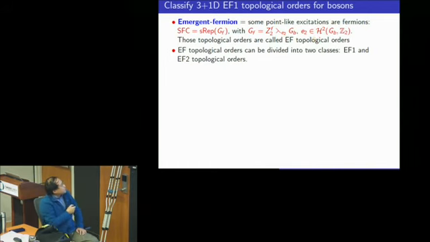Okay. So are these fermions genuine fermions or not? No, they are bosonic. The topological order is a bosonic topological order. They are emergent fermions, so I do not do fermionic topological order. It is always the bosonic one. So we call this the emergent fermion topological order, EF topological order. And this EF topological order can be divided into two classes, EF1 and EF2. We'll describe EF1 first, but we pretend we describe everything.